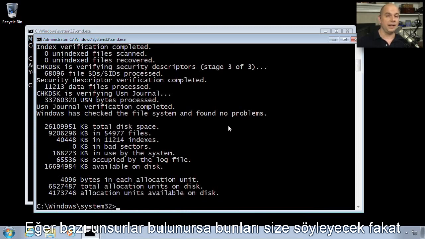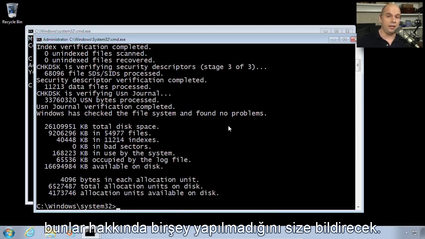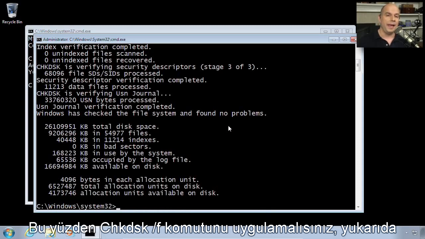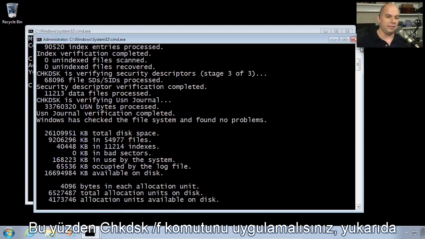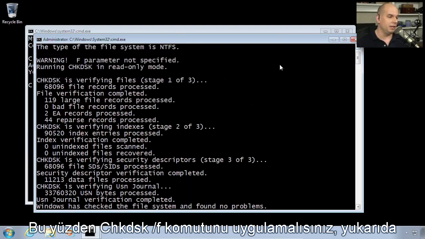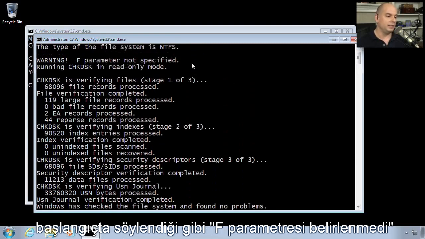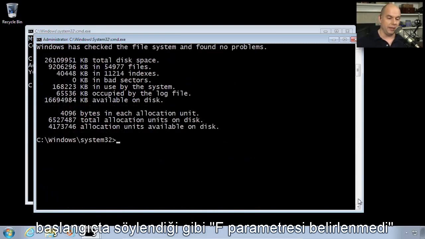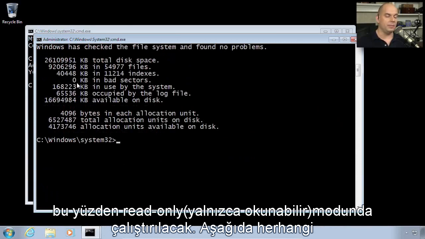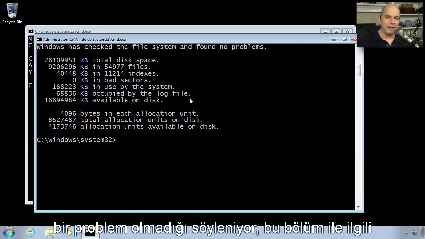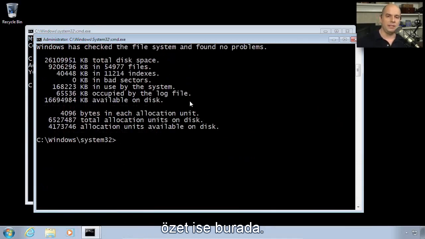If it has identified issues, it will tell you what those issues are, but it will tell you that it didn't change anything. You have to perform a CHKDSK /F. It even says at the very beginning as it starts that the F parameter was not specified. It's just going to run in that read-only mode. And at the bottom, it will tell you there's no problems, and here's a summary of all of the statistics